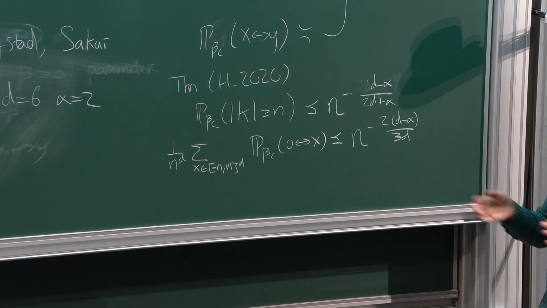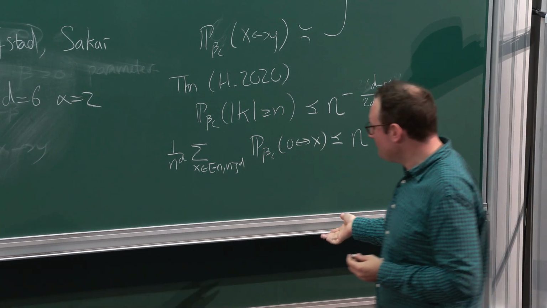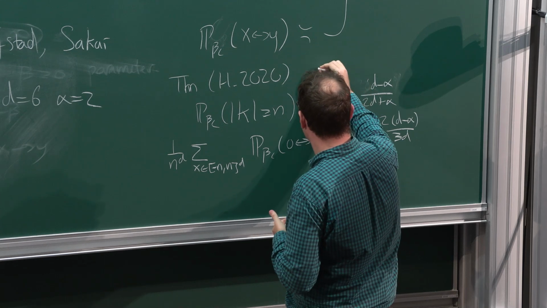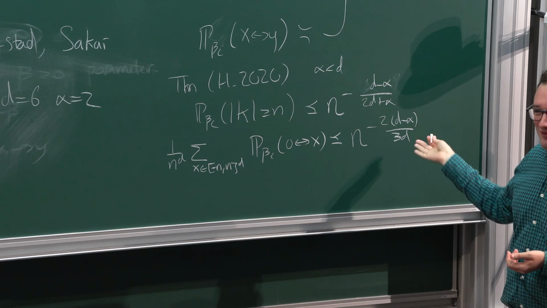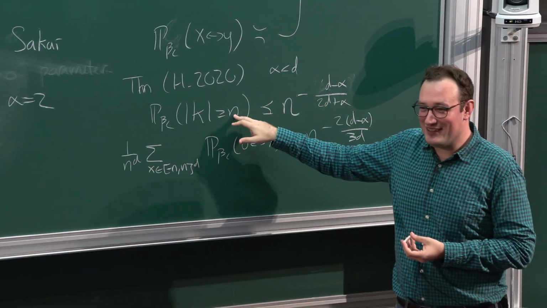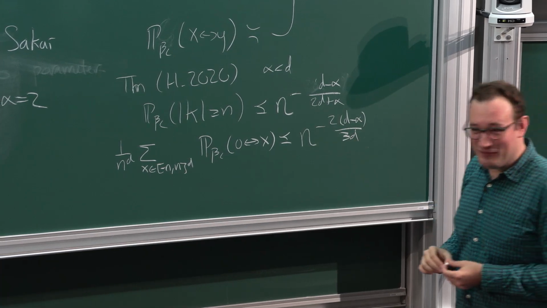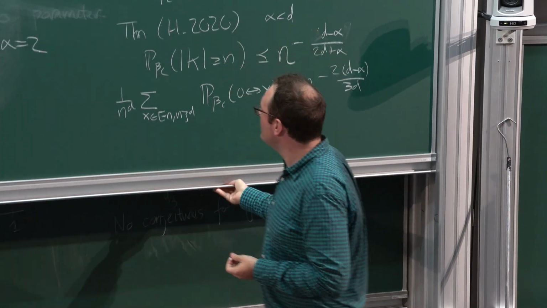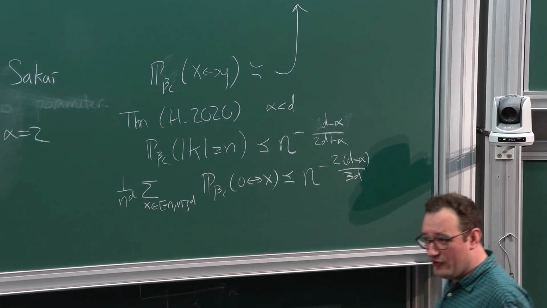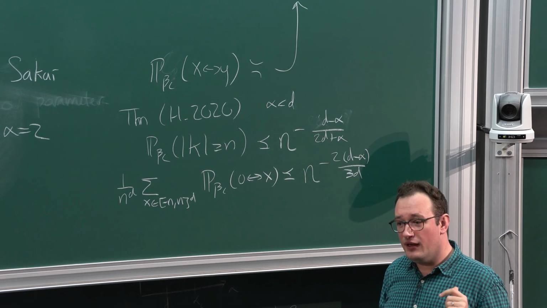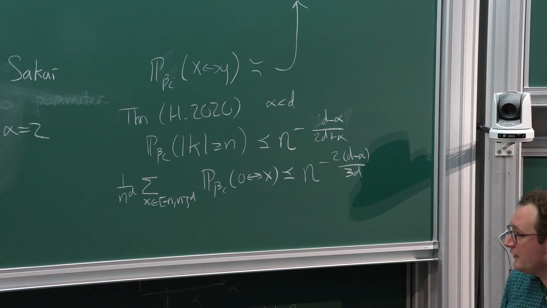I just wanted to mention this as a historical step on the road to the stronger theorems that we're going to state soon. Okay, and this is again for alpha smaller than d. In fact, this is also true for alpha greater than or equal to d, but it's vacuous. I mean, this would say that this bounds it by something growing, and similarly for this 2-point function. Okay, so in some ways this result is obsolete now, although the proof of this introduced some interesting methods that are still going to be very important, which I'll tell you about later.